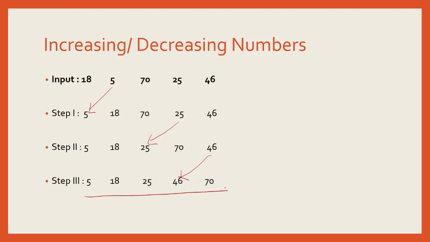You can also see the reverse of this, that in a specific input output question, the numbers are arranged in the decreasing order. So in the decreasing order, the largest number would be brought to the left, then the second largest, and so on and so forth. On the right hand side, we would find the smallest number.